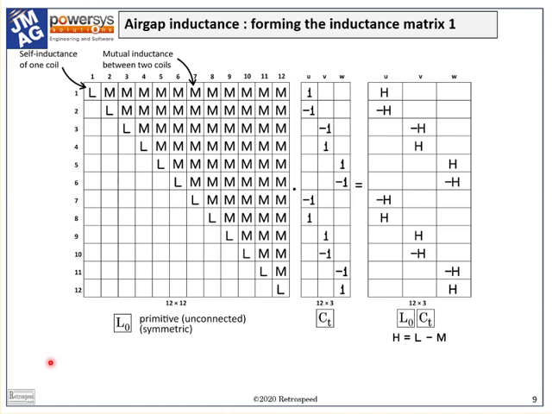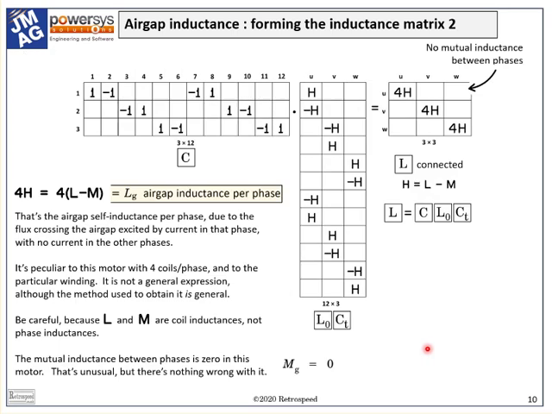Okay, so here we see the post-multiplication by CT. And although the original L0 matrix is full, because it's symmetric, I don't need to write out all the terms in the lower half. And note also that in the result over here I've used the symbol H equals L minus M, really just to make the result look a little cleaner and simpler. We don't need to stop here, but to go on to complete the matrix multiplication, and here is the result.